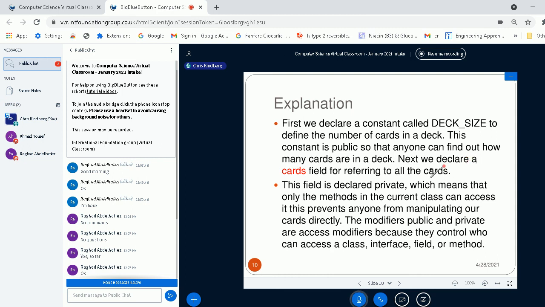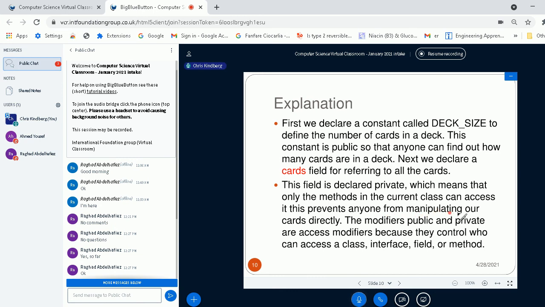And next we declare a cards field for referring to all the cards. I mean, cards is going to enable us to refer to all 52 cards. This field is declared private, which means that only the methods in the current class can access this, to prevent anyone from manipulating cards directly.